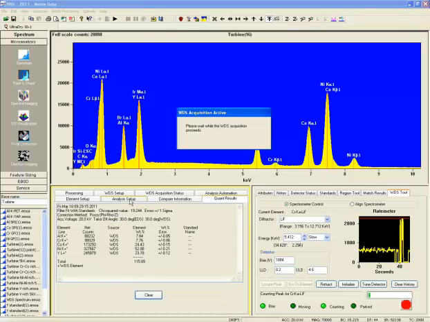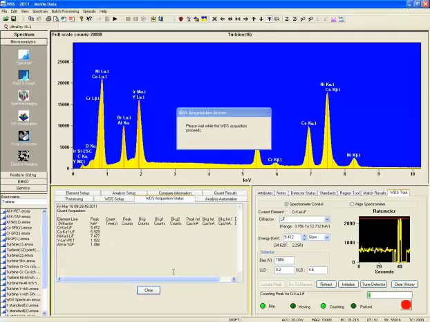So in this particular case, it has already aligned. It is now collecting the counts for the chromium K alpha. It will run through the chromium, cobalt, nickel, yttrium, and aluminum in succession, based on the statistics of each of these